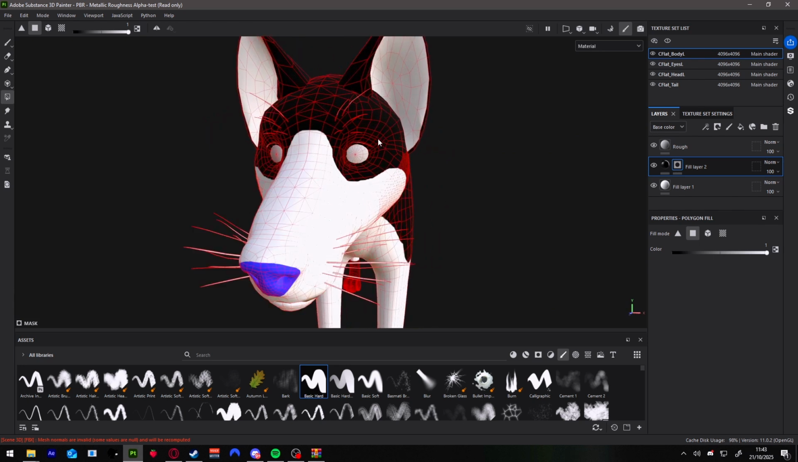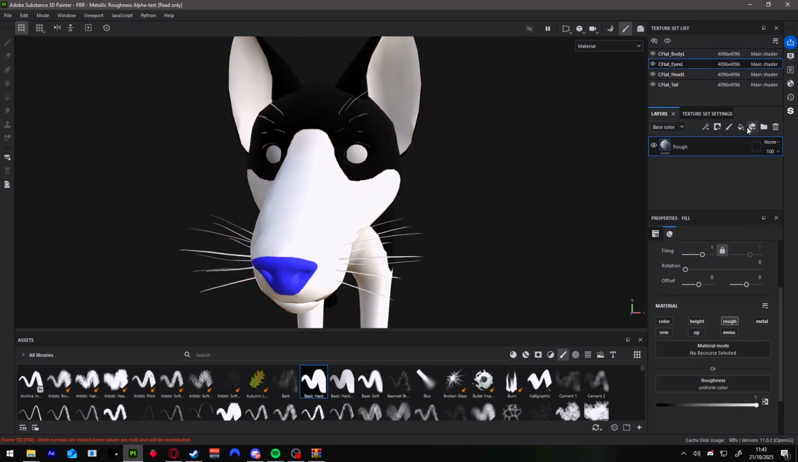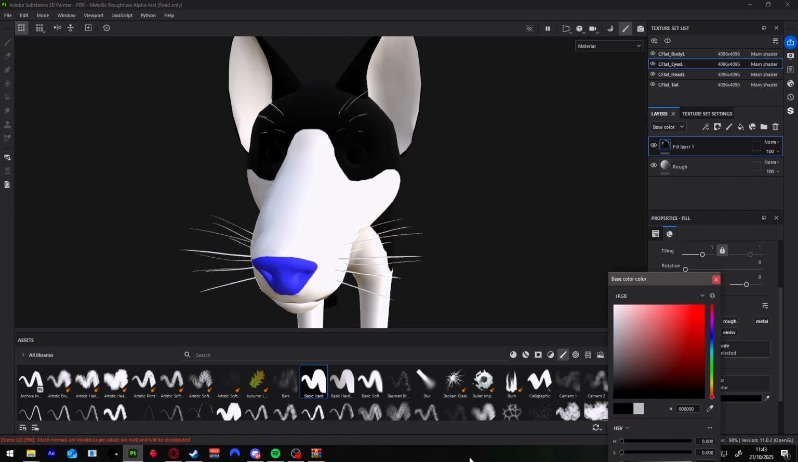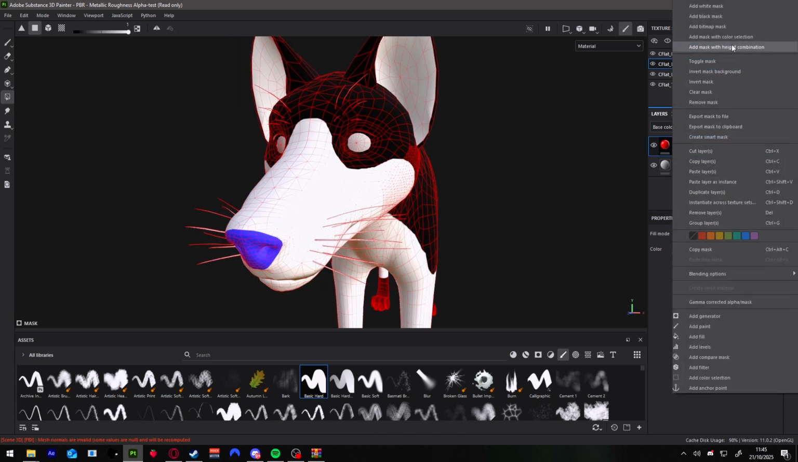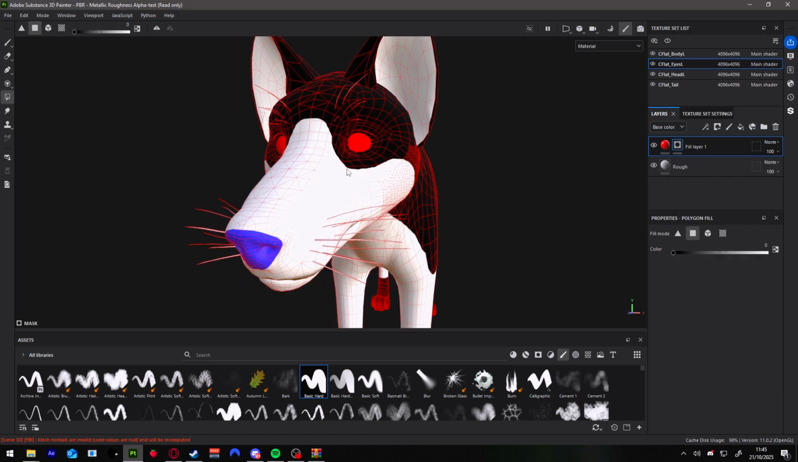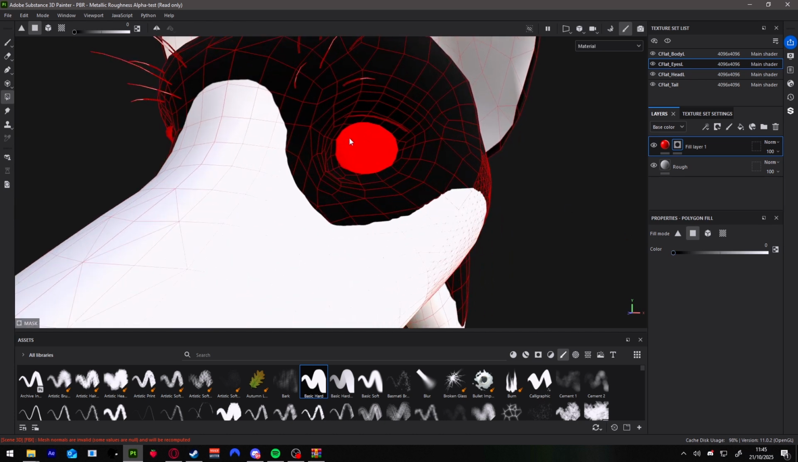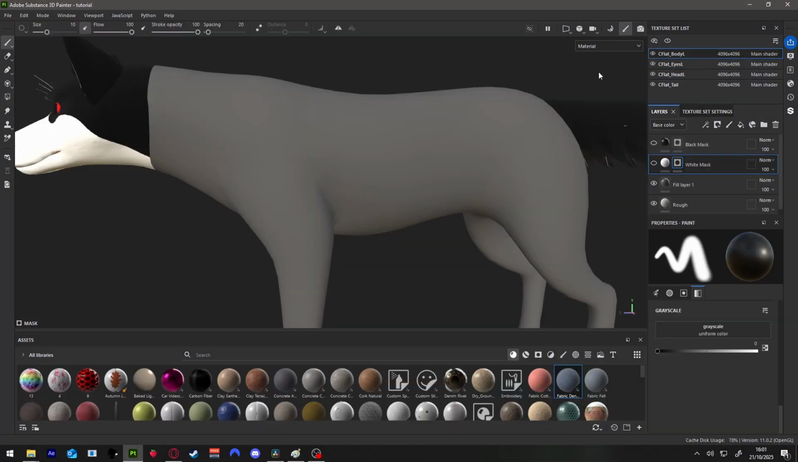I will also be doing a bit on the eyes, for which I'll create a fill layer. I will make this black for the pupil. Or actually, we'll try something different. If I set this to a white mask, it'll be on by default, and then with black, I can turn it off. I just wanted to go into a bit more depth about the masks